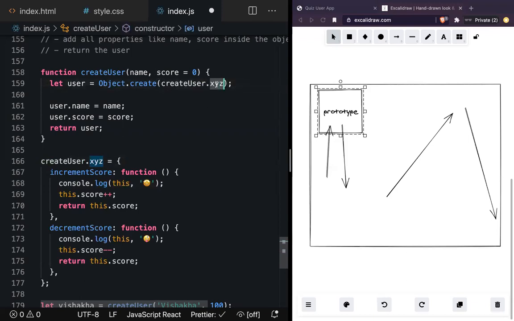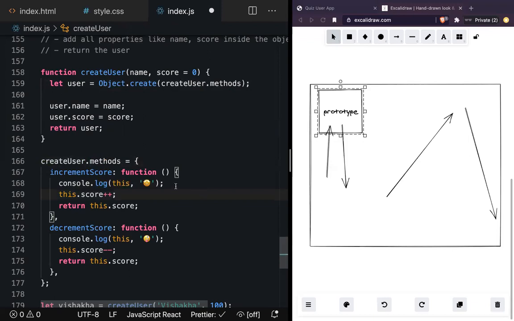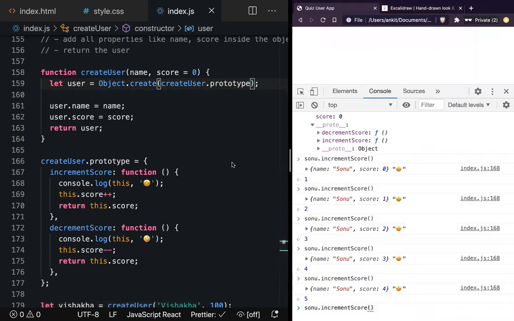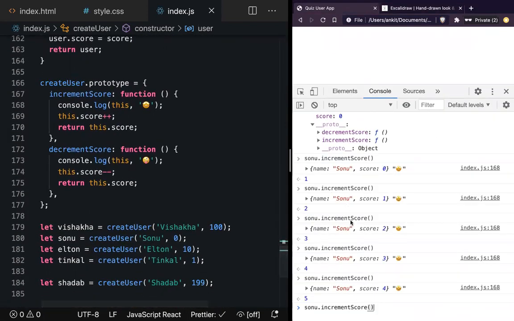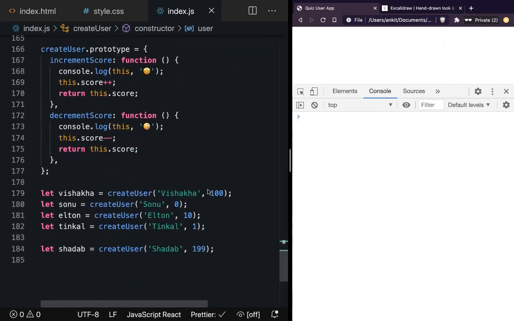Like what I'm doing is creating a new house every time I'm going there. So somebody will call it XYZ, somebody will call it something else like PQR, somebody will call it methods, somebody will call it something else. But why do we need to create this if we already have a predefined thing called prototype? Okay. Now we'll see the benefit of this right now in just 2 minutes. That is the last thing we are going to do, and that will be the end of the session today. Refresh it and everything is working for us. All good.